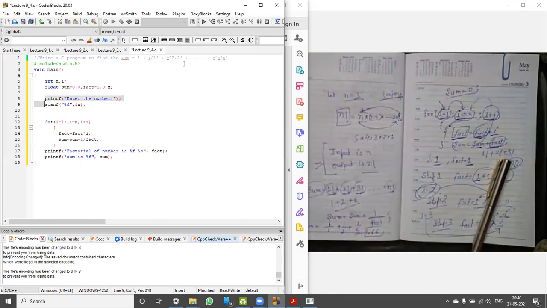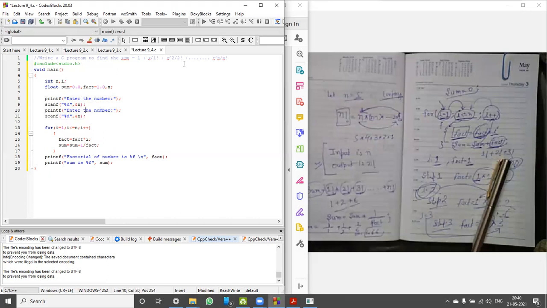Next, take an input of x value, because if you want to calculate this series, we need two values. One is x and another one is n. This is percent f. Simple.